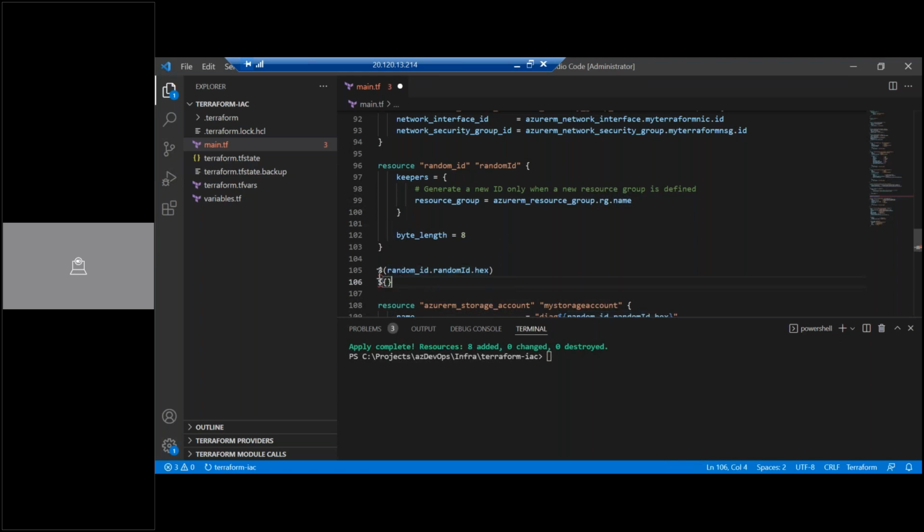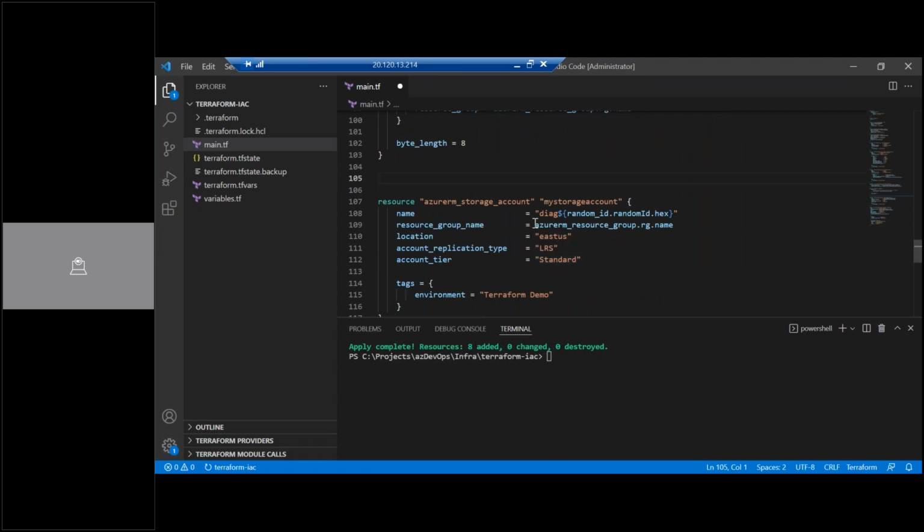For example, there is a little confusion, guys. Don't worry, it is not too much. For example, let's say here we want to use a variable called resource group name, right? Var dot resource group name. We all know this. It's very simple, right? Var dot. But now, if you want to append resource group name to another static string, then what you should do is, static strings are always enclosed in double quotes like this. So let's say you want to append something, mine or something, hyphen. In that case, what you should do is